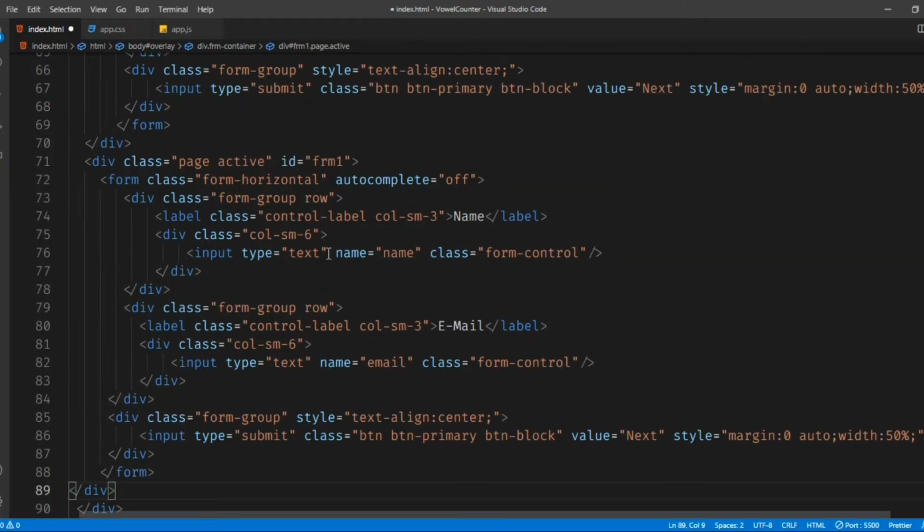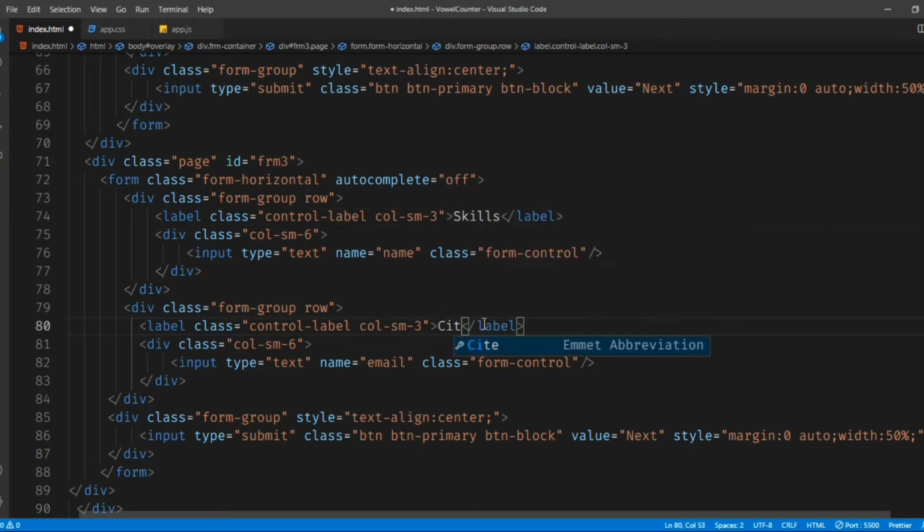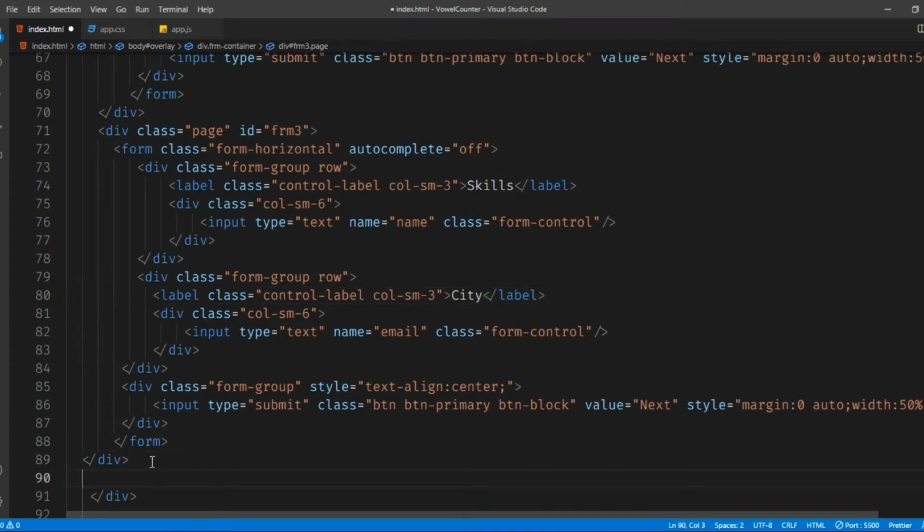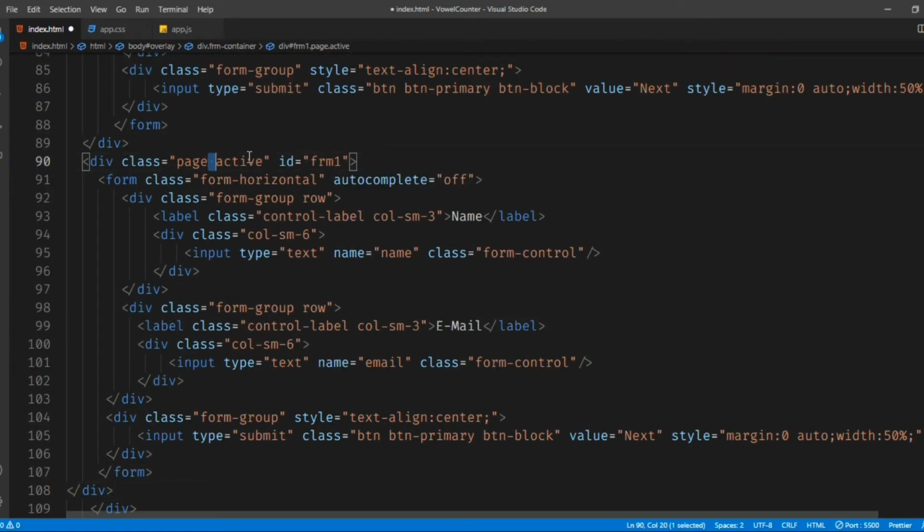Now let me copy another thing, part for form 3. Alright, now let's say maybe some skills, city in which somebody reside, and this will be the last part, that is the form 4th, right?